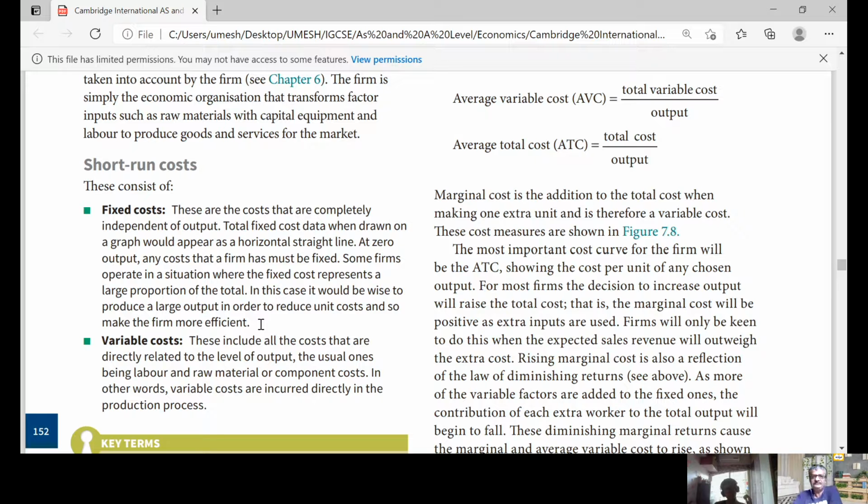Here they say that if your fixed cost is very high, then you will have to produce a higher amount of output. For example, as I was saying earlier about the thermal plant or electricity generation plant, the installation of machineries and the capital employed in the project is very big, and it is fixed whether you make production or whether you don't make the production.